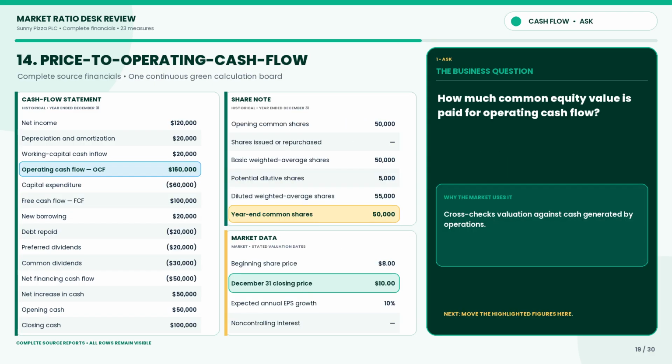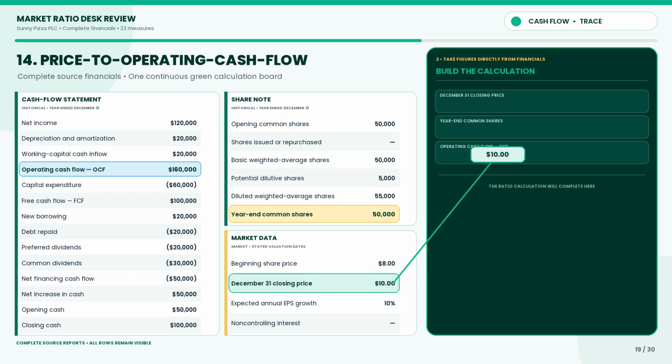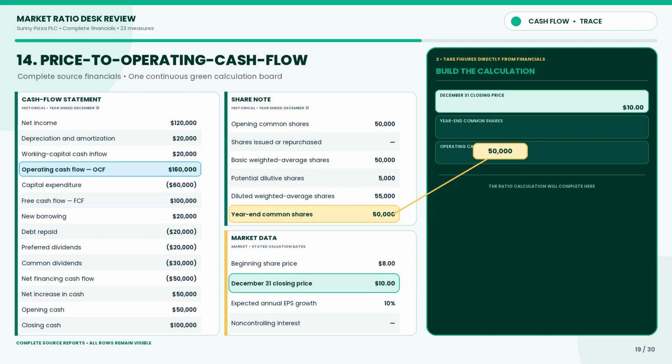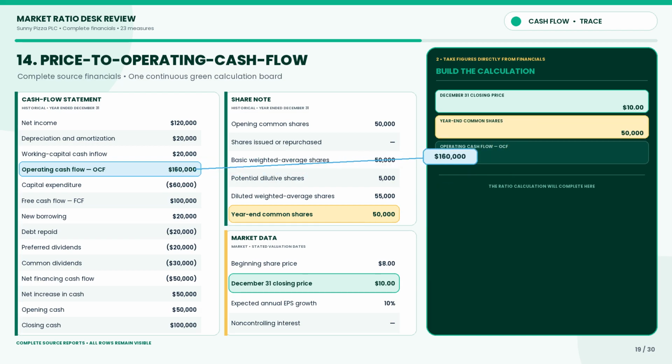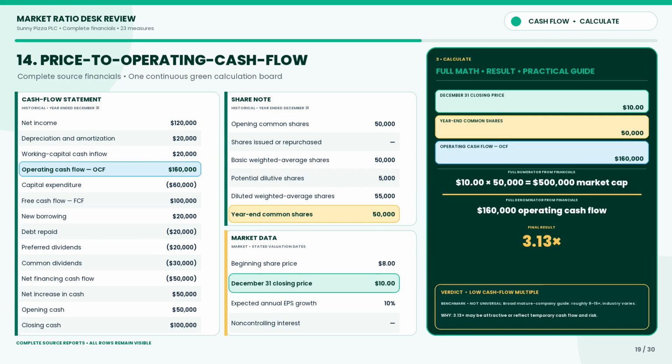How much common equity value is paid for operating cash flow? Cross-checks valuation against cash generated by operations. Divide market capitalization of $500,000 by operating cash flow of $160,000. Price to operating cash flow is 3.13 times. 3.13 times operating cash flow means common equity is valued at just over 3 times the annual cash generated from